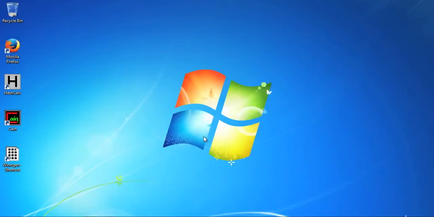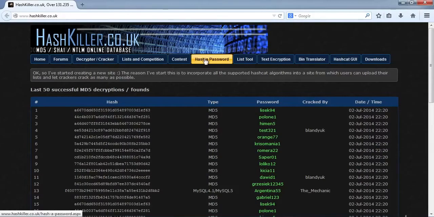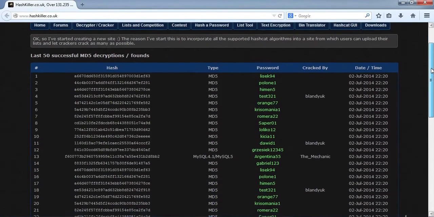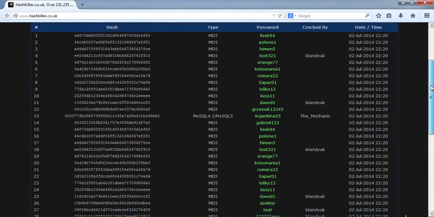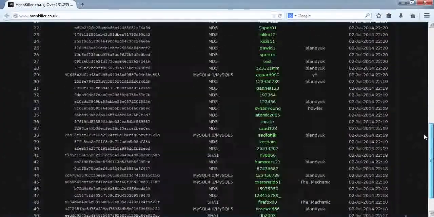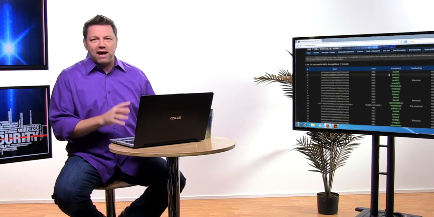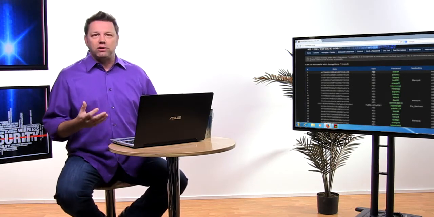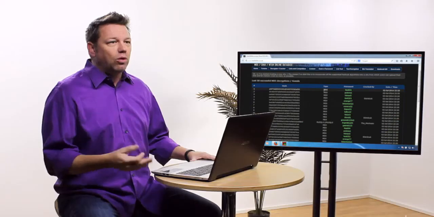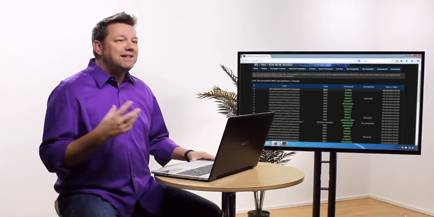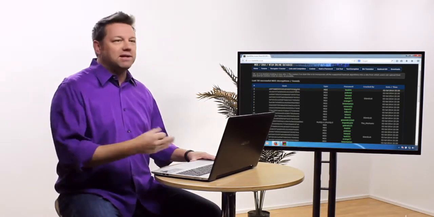So let's discuss rainbow tables a little bit. You'll notice here I have a website in the URL. The URL is hashkiller.co.uk. Now we can see here there's an example of a rainbow table. You can have a list of passwords, as you can see here, along with the type of hash. Here is an MD5 hash for the password LISEK94. And down here, a SQL hash password down here at the bottom. There's a SHA1 password, and so on. So this is a list of the last 50 decrypted passwords found. Now, generating a hash of a password utilizing a particular algorithm like MD5 will always return the exact same hash. So it's not possible that you would ever have a different hash from the exact same password.